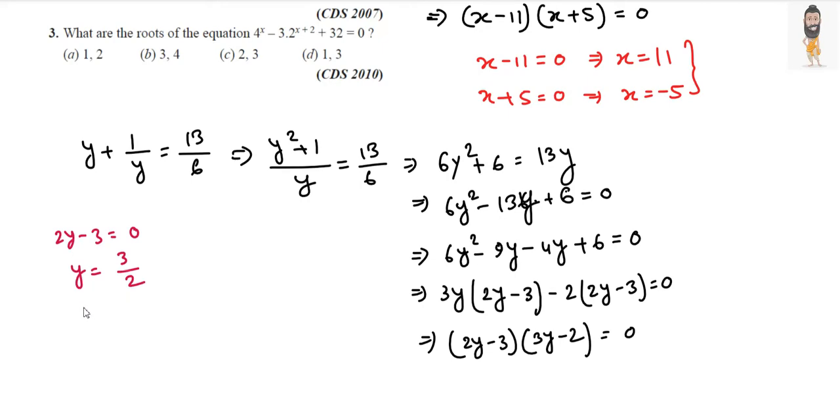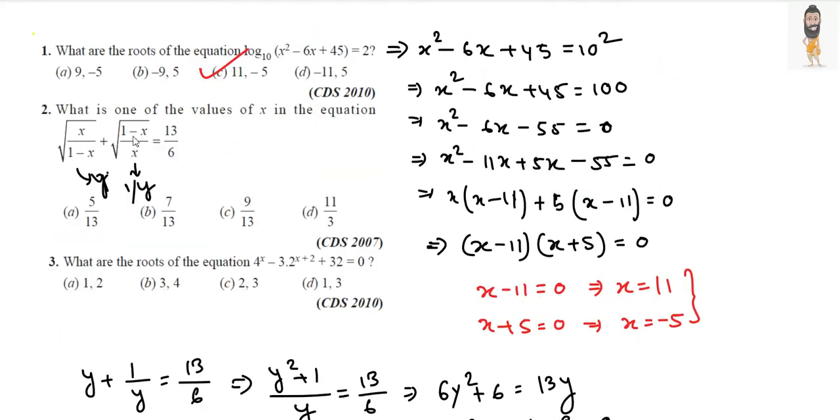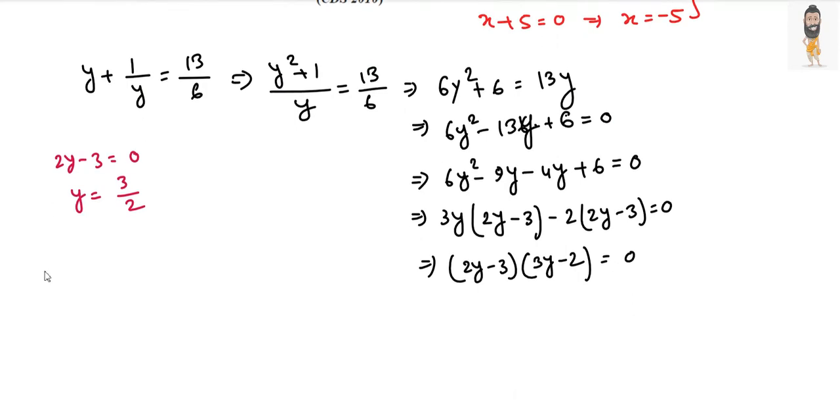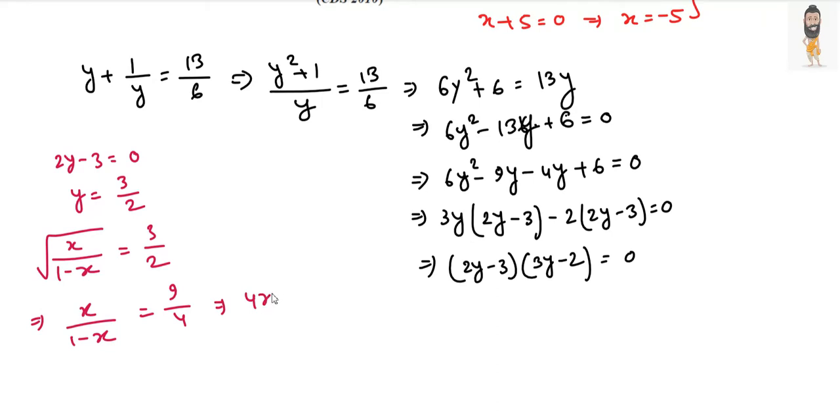Now what is the value of y? The value of y is root over x upon 1 minus x. So we put root over x upon 1 minus x equals 3 by 2. Now squaring both sides, x upon 1 minus x is 9 upon 4. So we get 4x equals 9 minus 9x, so 13x equals 9. So the value of x becomes 9 upon 13 in the first equation. In the second equation,